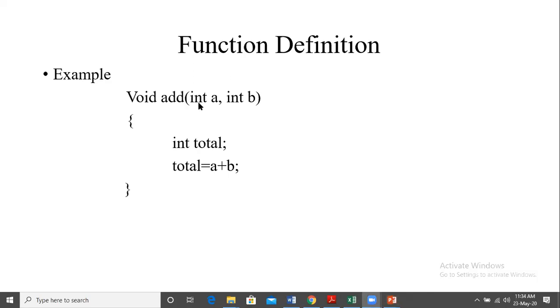So here we have just defined a function. Okay, add. So int a and b, these are the inputs or the variables required for addition, and we are defining one variable total. So total equals a plus b, and then we may write here return. In that case, because total is int, we'll have to change this void to int. If we are returning the total, the student solves the problem, he has the answer, and he comes back to the teacher and tells, ma'am, I have solved and this is the answer. Okay, so the main function has received the answer. So that is when we can write here as int. For example, if we have int and float here, then answer will be float. We can write return type as float.